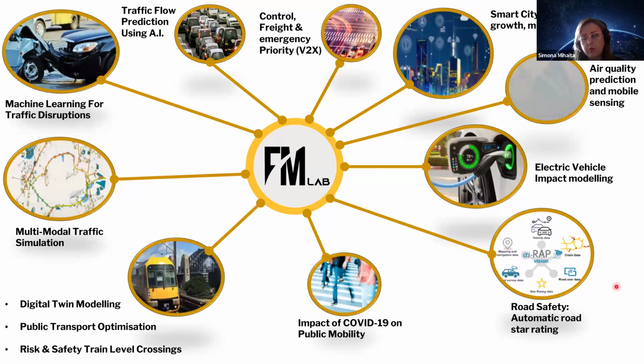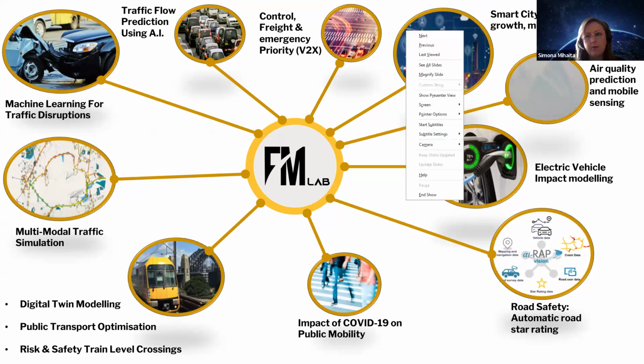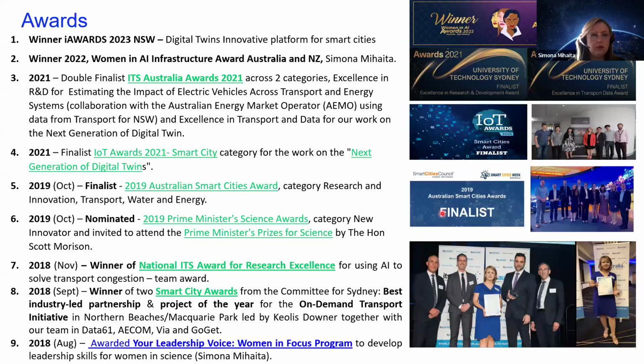Road safety is a big topic in Australia because we aim to have at least 75% of all roads with a 3-star safety rating. We also work on electric vehicle adoption, control, and so on. So please do follow up, because there are many other topics that we work on, not just e-scooter adoption and modeling.